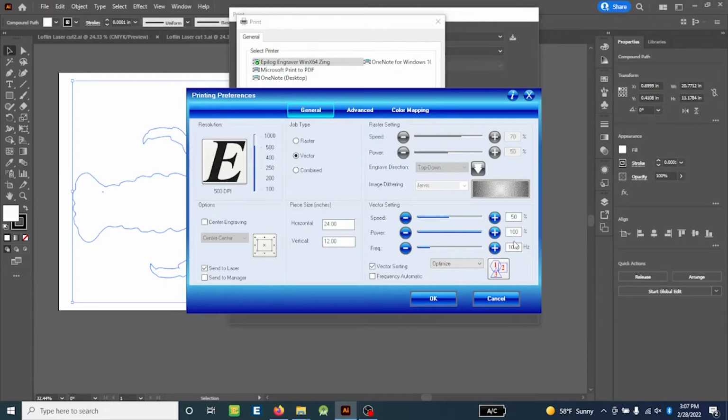This depends on the material that you're using. There's a whole bunch of posts up on the wall in the laser room that talk about different materials and different speed, power, and frequency settings. The ones that we're using for this project are chipboard and laser wood. Okay, so if you're doing chipboard, the settings are going to be 70, 30, and 100. So that'd be 70 speed, 30 power, and